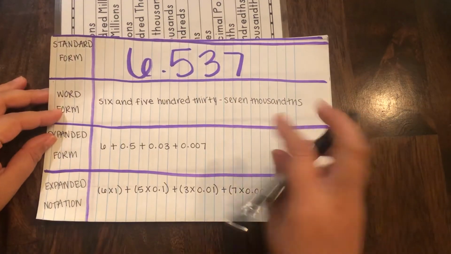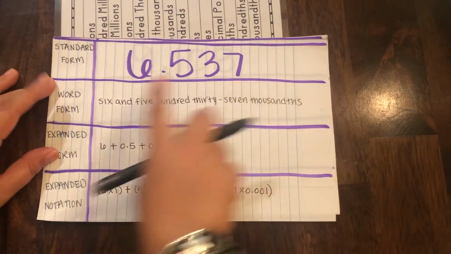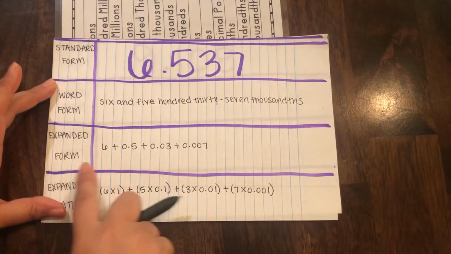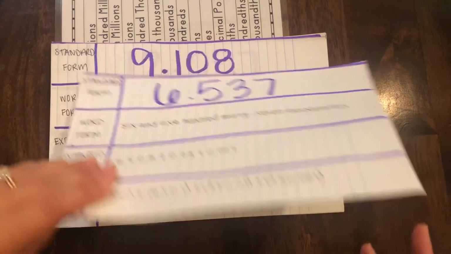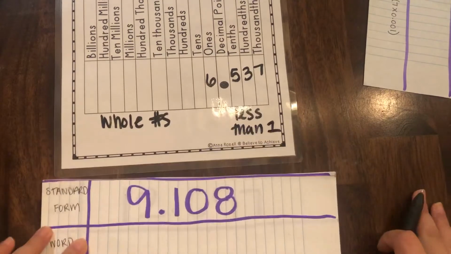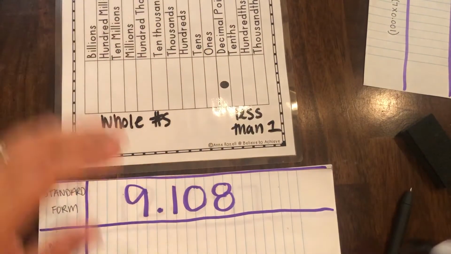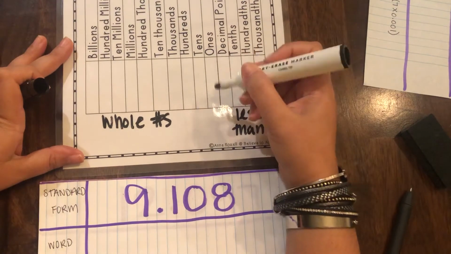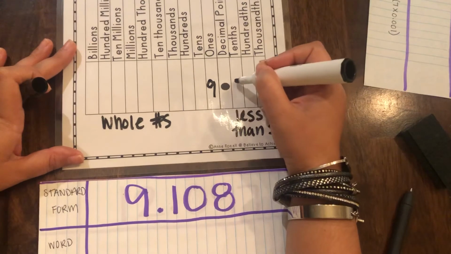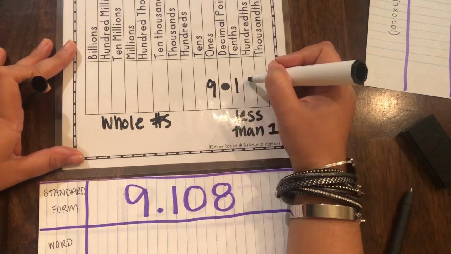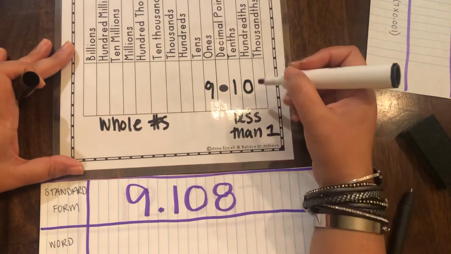All right, so we have all 4 different formats: standard form, word form, expanded form, and expanded notation. Okay, so let's try a different decimal. So this time we have 9 wholes. We have 1 tenth. We have 0 hundredths. And we have 8